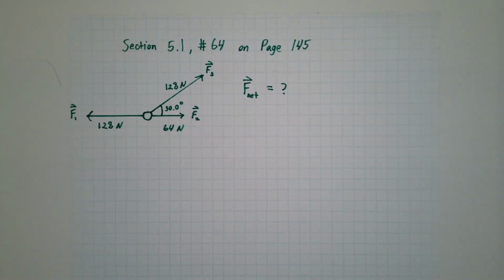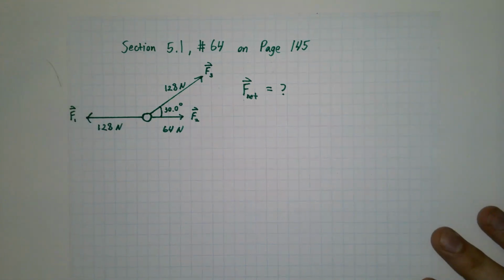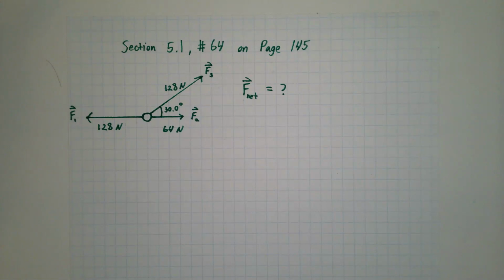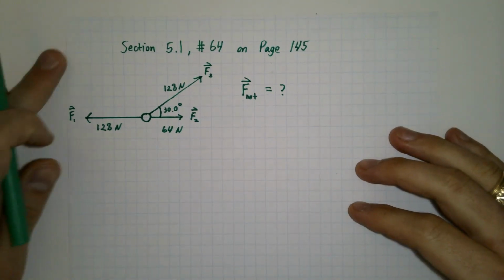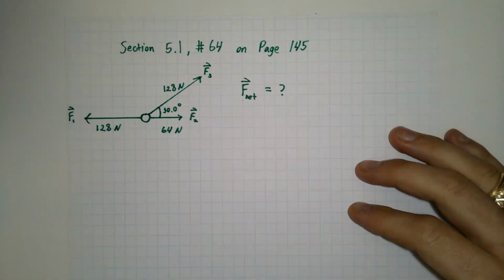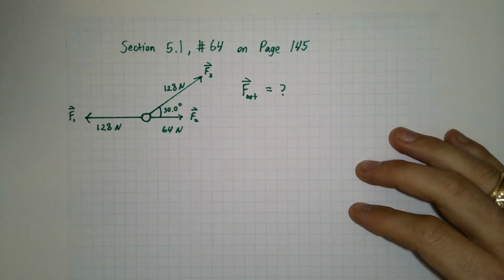Let us begin. We're going to be looking at a problem from section 5.1 on vectors, specifically in this case, three force vectors acting on a single ring. This is problem 64 on page 145. I encourage you, before watching this video and the explanation that accompanies this video, you attempt to solve the problem